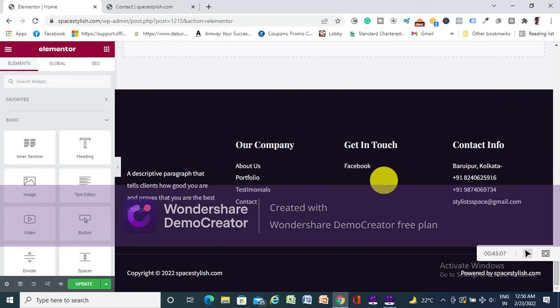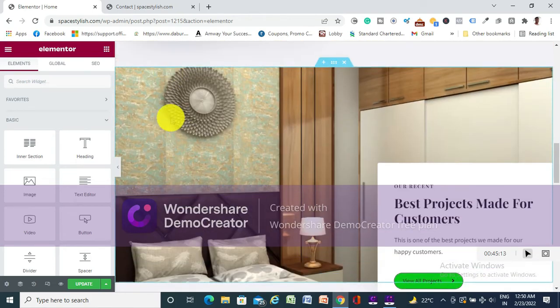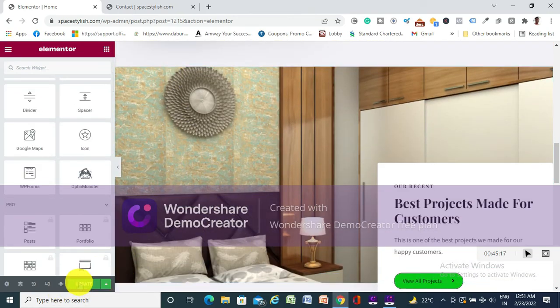And on the footer section, if you want to add the icon, so you have to go to the customize, and then you have to edit it. And otherwise you can do another thing, you can change the entire footer section. Right now I don't remember which footer section I used, but